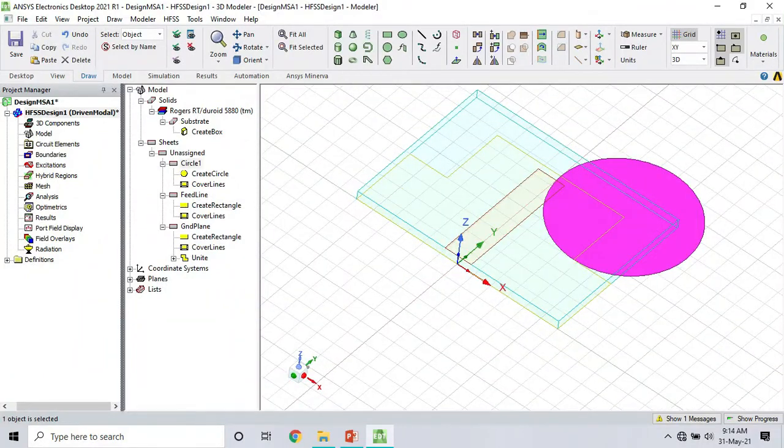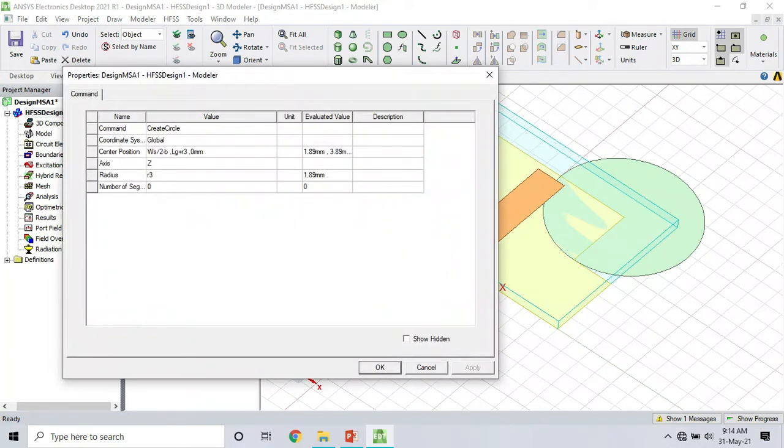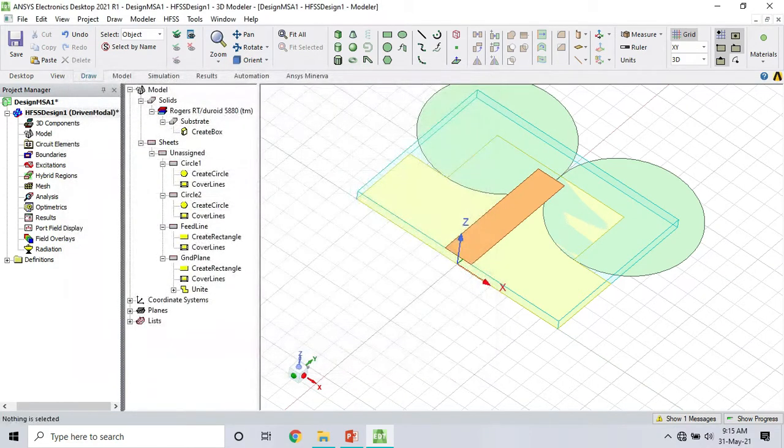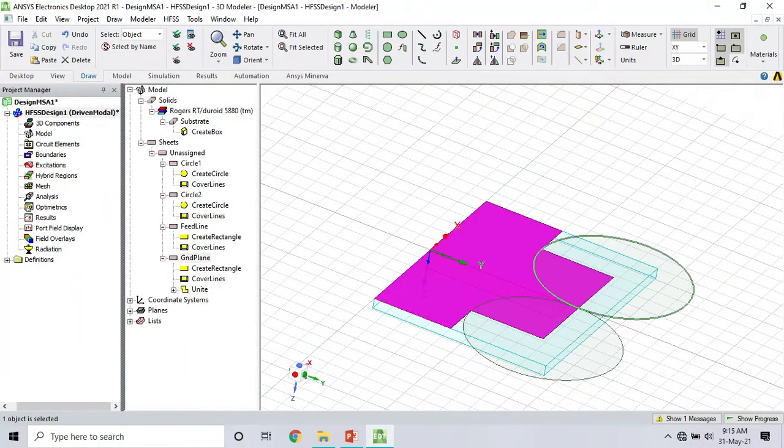We just need to copy this. Very simple to copy and paste, Ctrl C and Ctrl V. You are done. Just change the center. We can simply put one minus sign and put everything in bracket for x. Y is same, and done. We are done. Select this ground, press Ctrl and hold it.